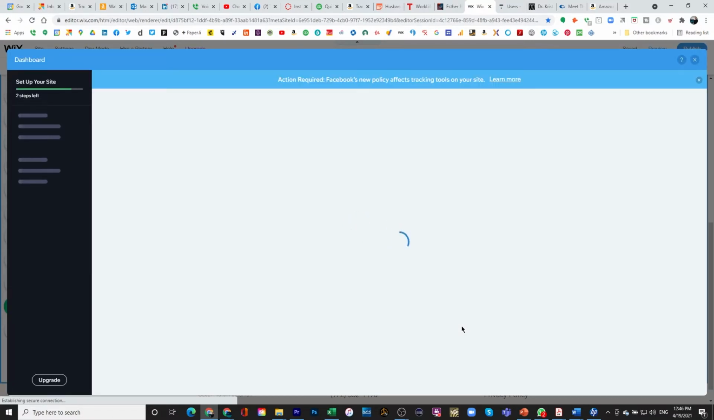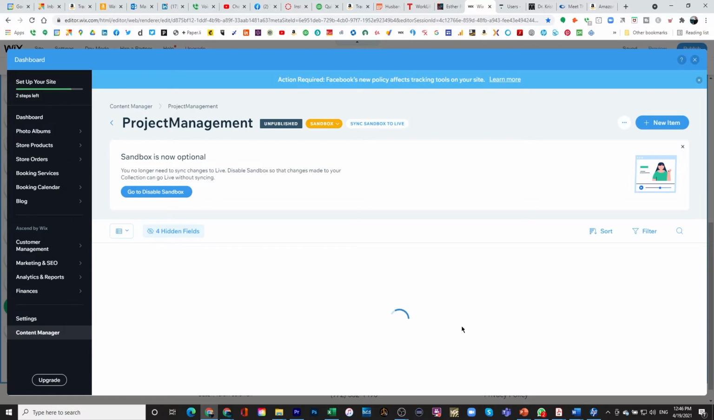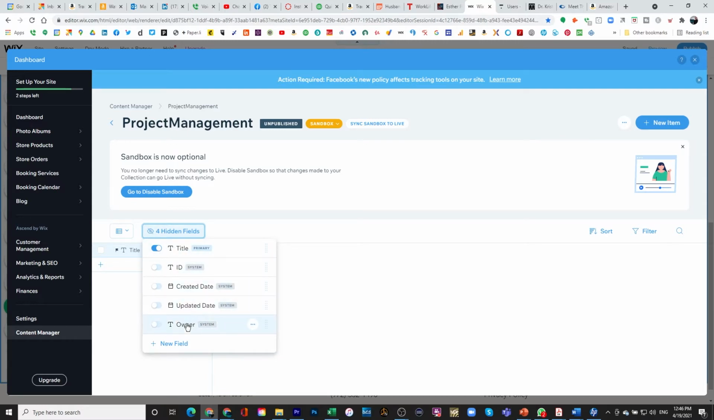Now it's going to create a database to which we're going to be able to add things. So right now it has 4 hidden fields. I'm not sure what they are. Their ID, create date, update, and owner. That's fine. I do need to add a few